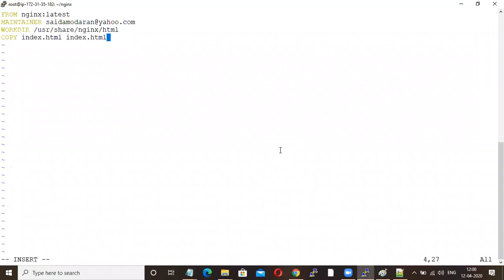This is a very simple Dockerfile. See here, FROM is the source. MAINTAINER is who has created the Dockerfile. WORKDIR: go to this directory inside your container.